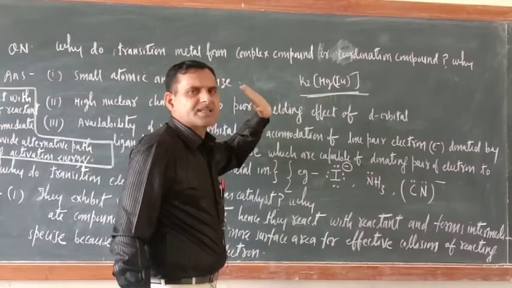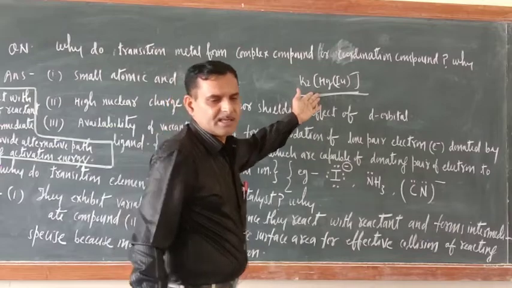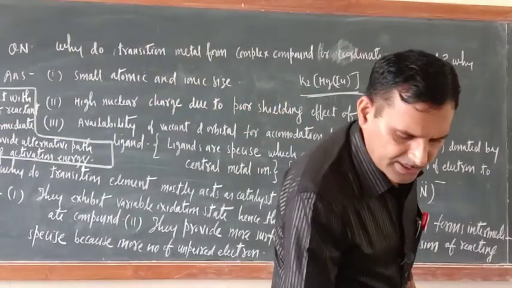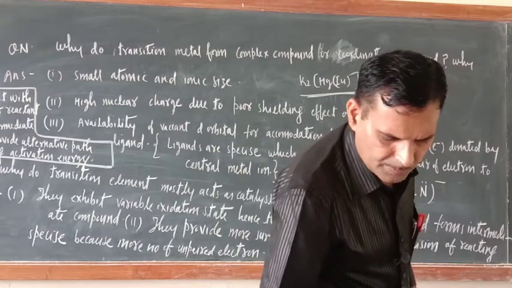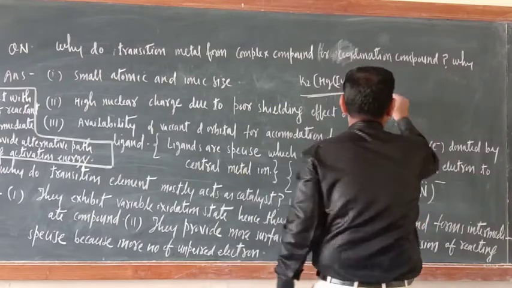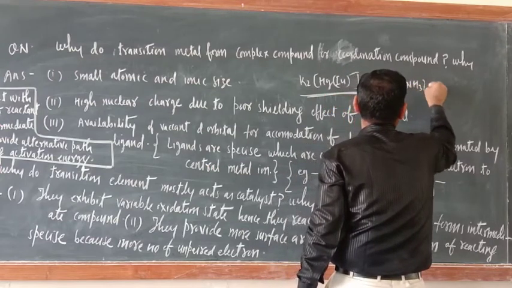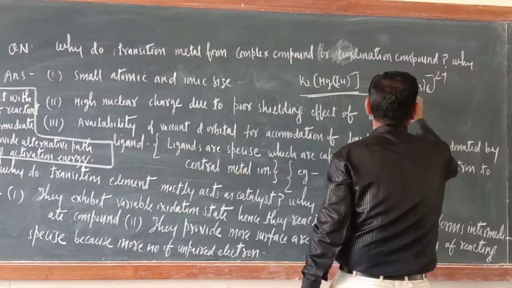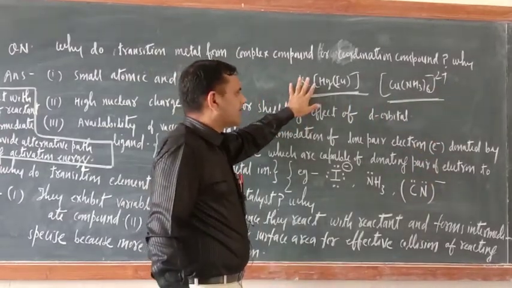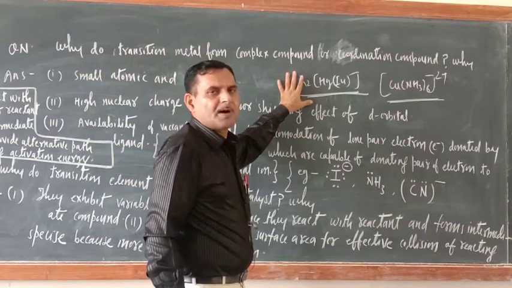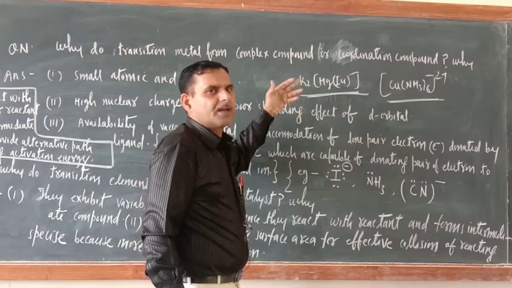There are many such compounds. K2[HgI4] is Nessler's reagent. Some other compounds are also there, since the next unit is about such compounds only. Now just see this one also, [Cu(NH3)6]2+. Here also a square bracket is there. They are also a type of compound, basically salts. The next unit will deal with all those things.